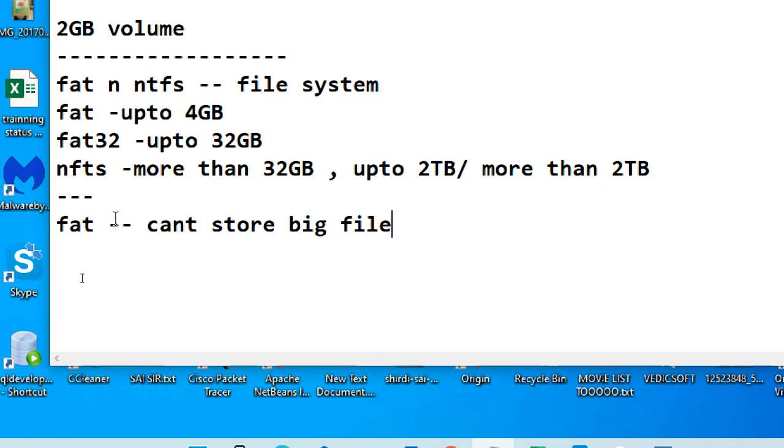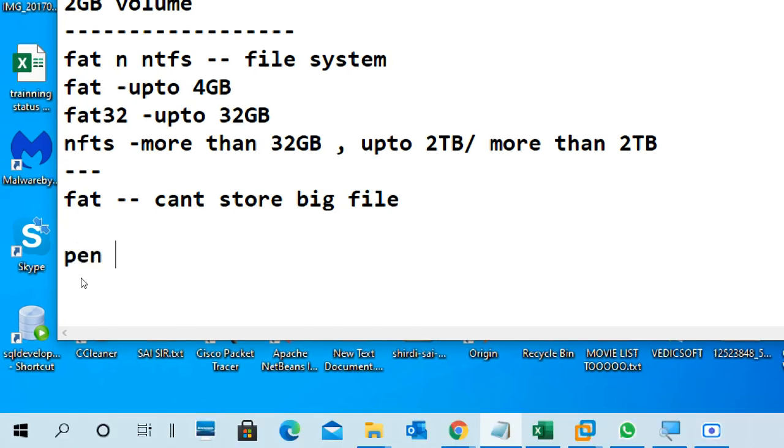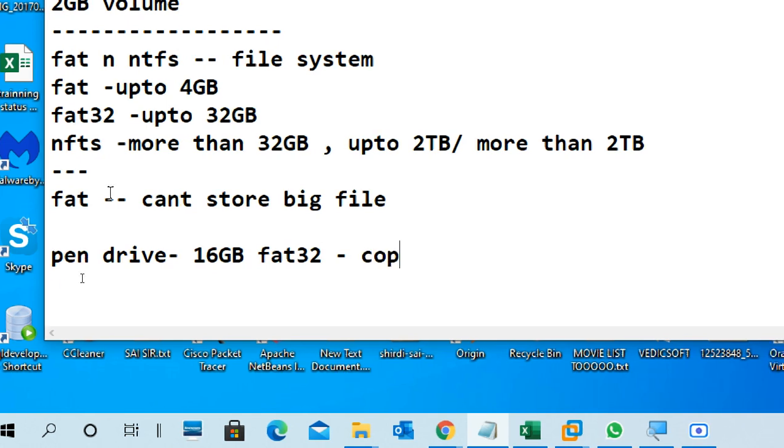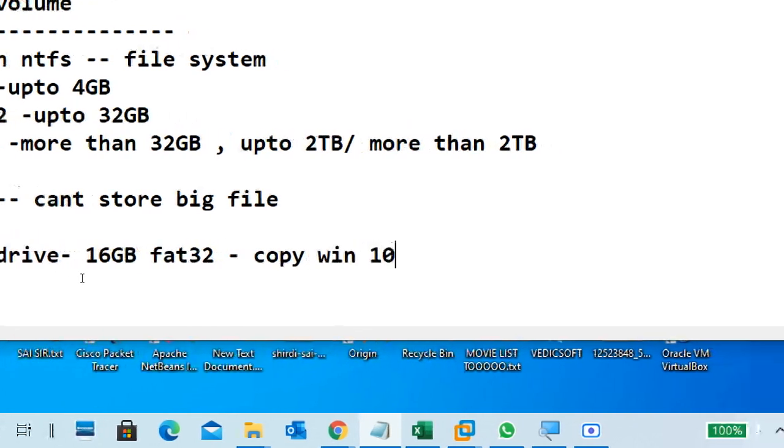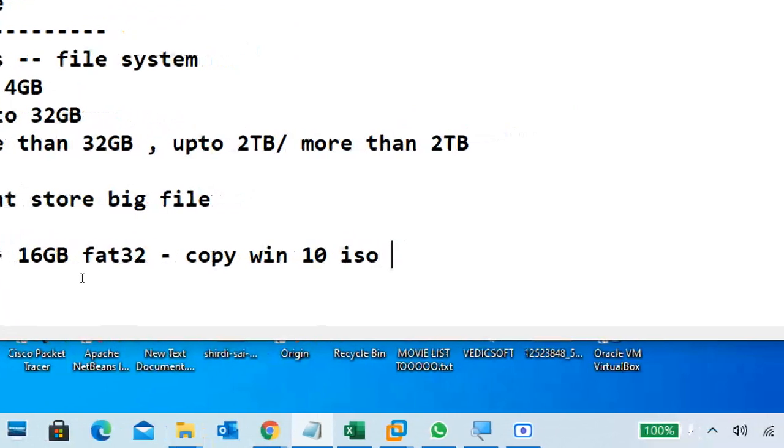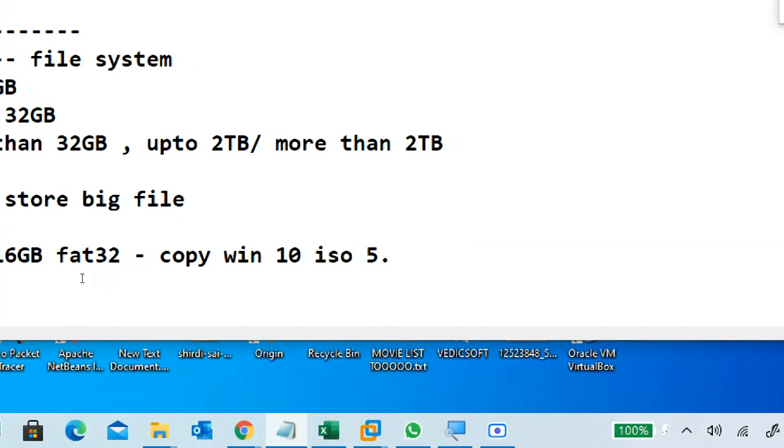For example, you have a 16 GB pen drive formatted with FAT, usually FAT32. Now you want to copy your Windows 10 ISO image. The size is almost 5.2 GB.